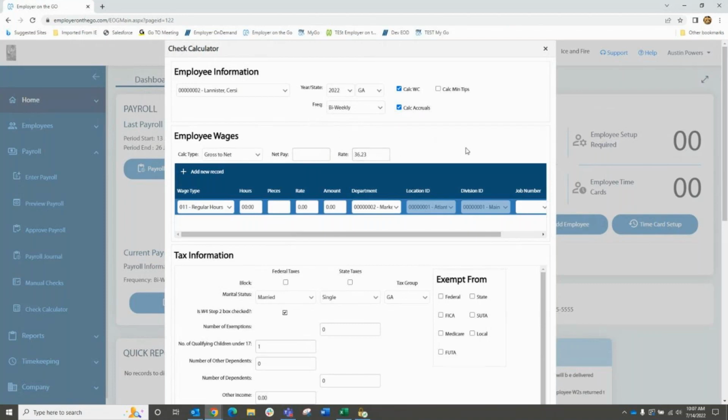How do I do this? So find the employee that you want to find out the results for. Find out technically if you want to calculate workers' comp to see what those numbers would be. If you need accruals or if you want the system to calculate minimum tips, but that comes unchecked. You have the ability to do a gross to net breakdown, of course, or you can even select a net